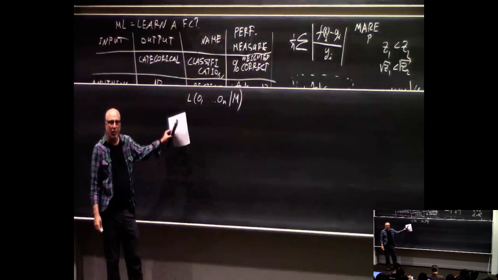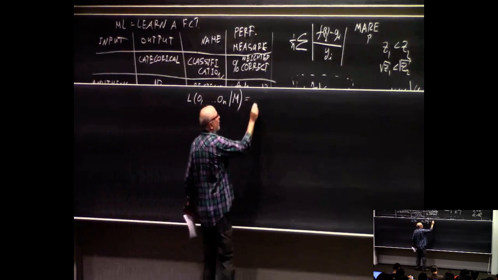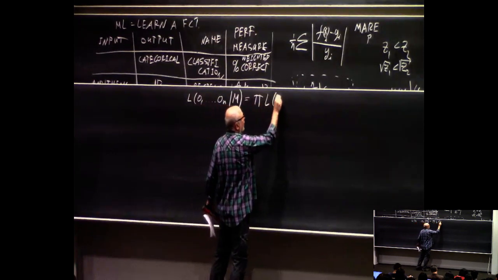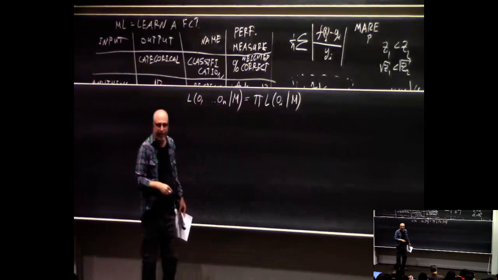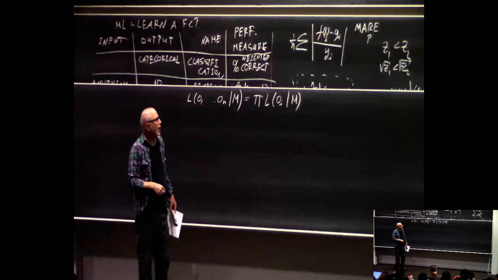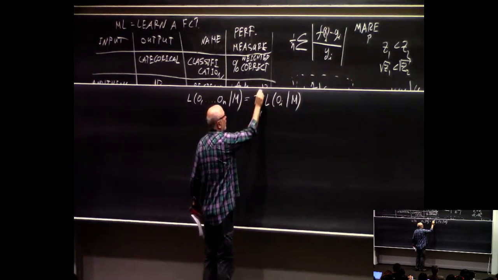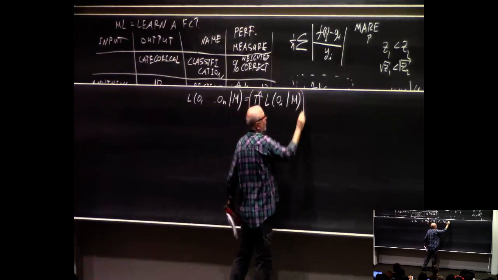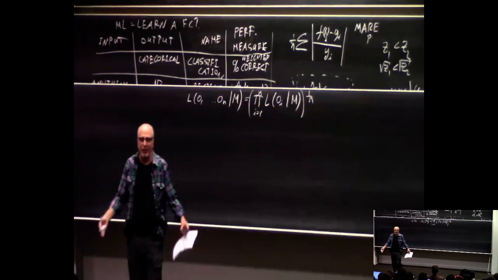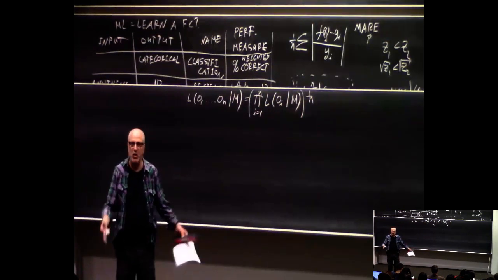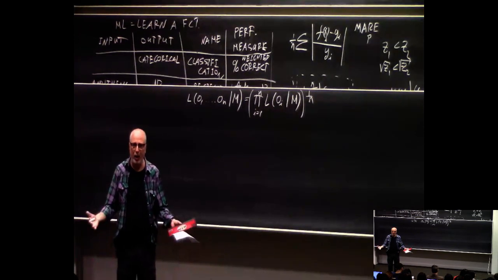Often, the outcomes are independent of each other, and therefore we can write it as the product of the likelihood of outcome i given your model. What the gentleman was suggesting was that we take this to the power of 1 over n, which I think is a good thing to do. Again, it doesn't matter if you're comparing different functions on the same fixed test set, but if you're comparing across different test sets, you're trying to compare apples to apples,